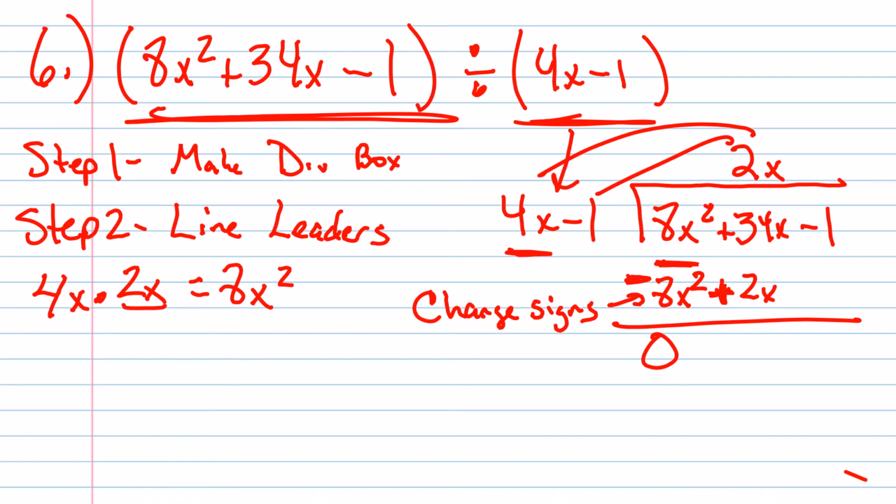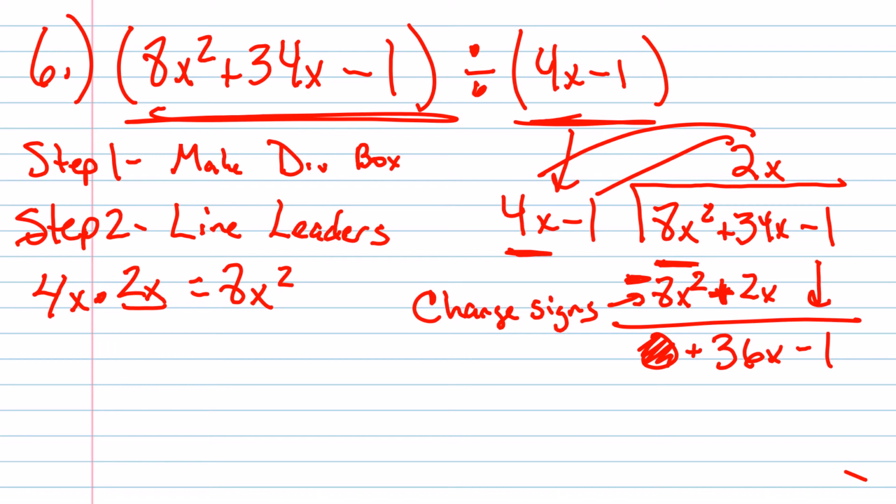8x squared minus 8x squared, 0. That's my self-check. If that 0 doesn't show up, that means I probably made a mistake somewhere. 34x plus 2x is 36x. And then I just drop down the minus 1. Now remember, 0 is not really there. It's not there. So when I go to my next step,